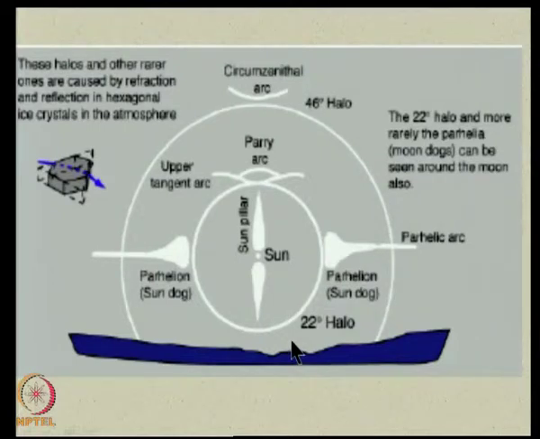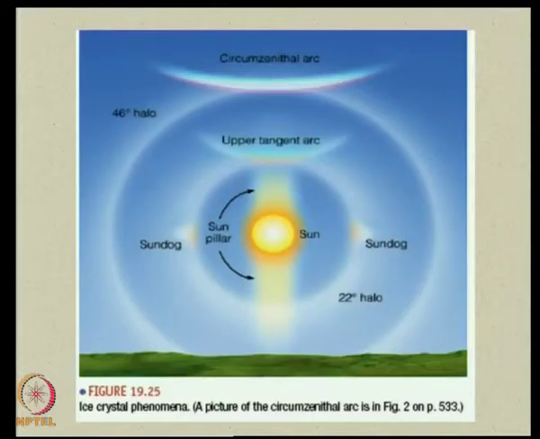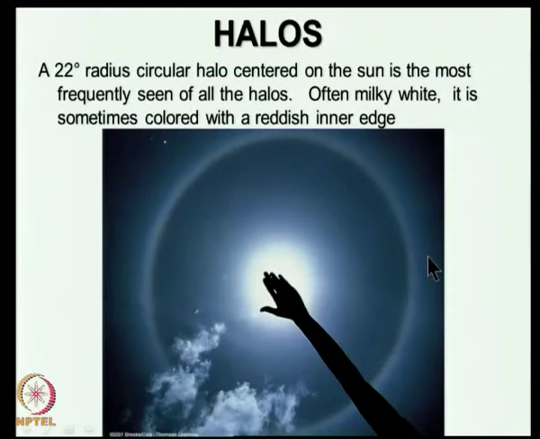So, all these phenomena have been analyzed through scattering by ice particles, and many of them can be explained from first principles. Here is another little picture identifying the same thing. Now, you have to remember these when we look at wave pictures. Remember, the sun pillar occurs above and below the sun, sun dog appears on either side of the sun. Then you have the upper tangent arc and the circumferential arc and the two halos at 22 and 46.